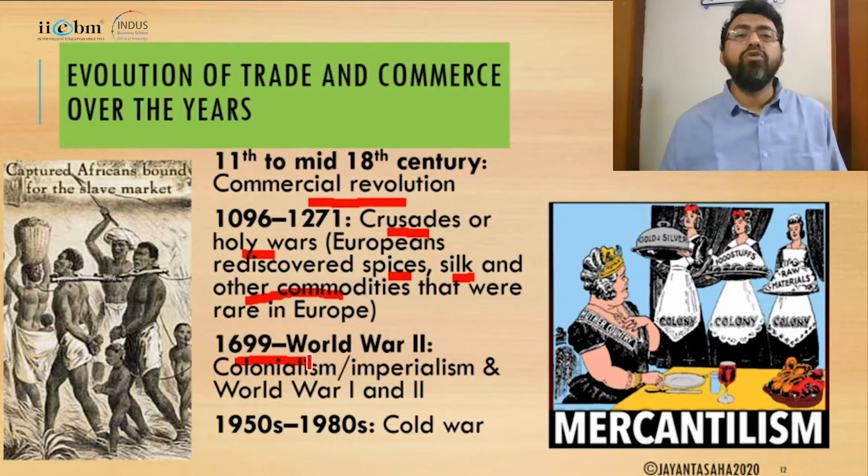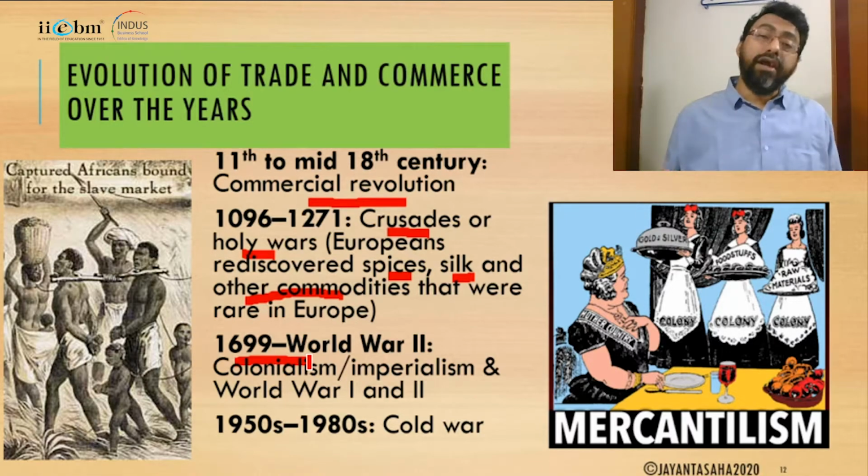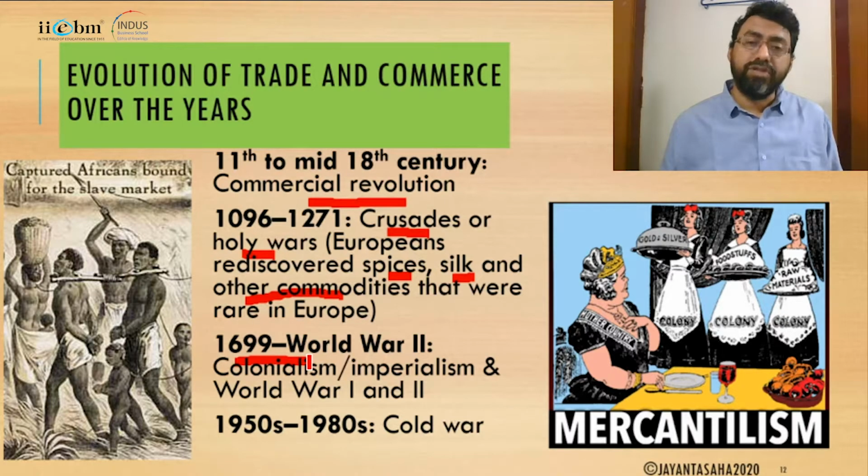So this hunt for new markets made some of the emperors, some of the rulers in Europe send expeditions. In fact, the expedition of Vasco da Gama to India in 1498 when he reached Cochin is also part of these expeditions that the Portuguese rulers used to send. So trade with the Arabs, trade with the Europeans, there's a lot of history of India having traded with Europe and Arab countries throughout the 8th, 9th, 10th, 11th, 12th, 13th century. In fact, Europeans के साथ ट्रेड जो शुरू हुआ